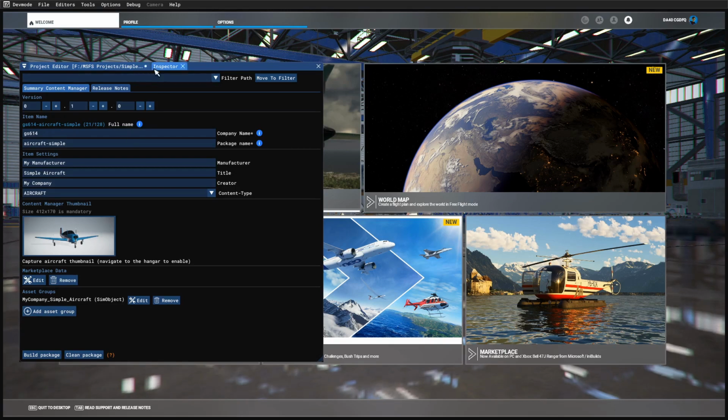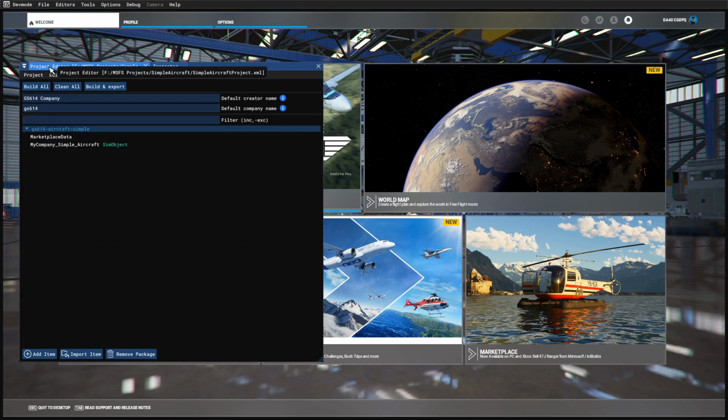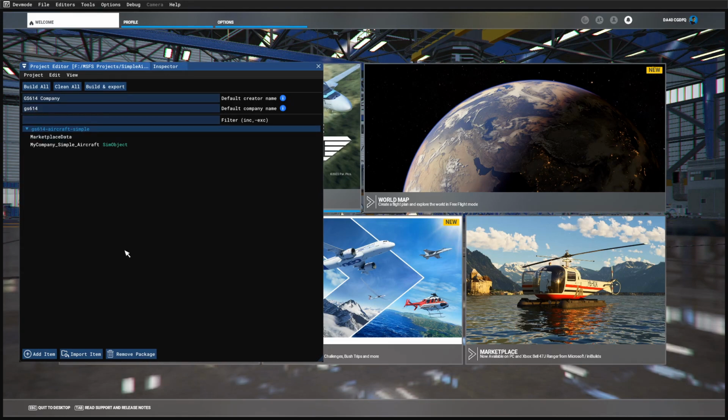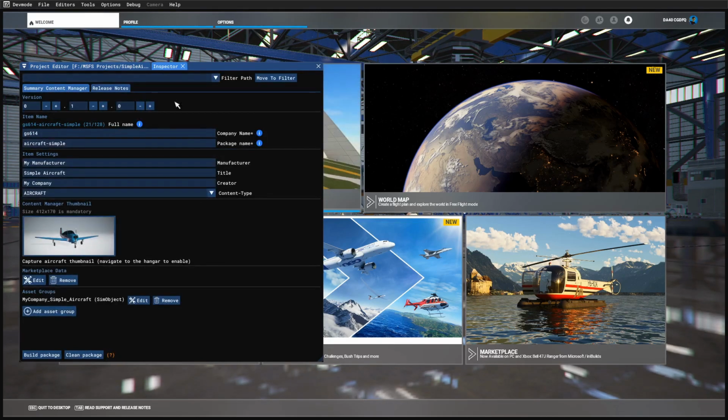Now what we have to do, you see a little mark here that says something has changed. Let's save the project. And we'll just save that, and we're done. Go back to the project editor, selecting the project itself and the inspector. At the bottom here, you'll see the Build Package button. This is the button that is going to compile all of the information in your project into a package that the sim can use. So we'll click on that,